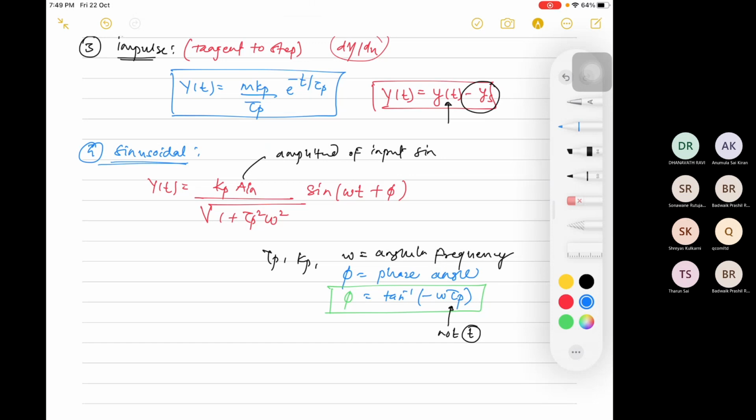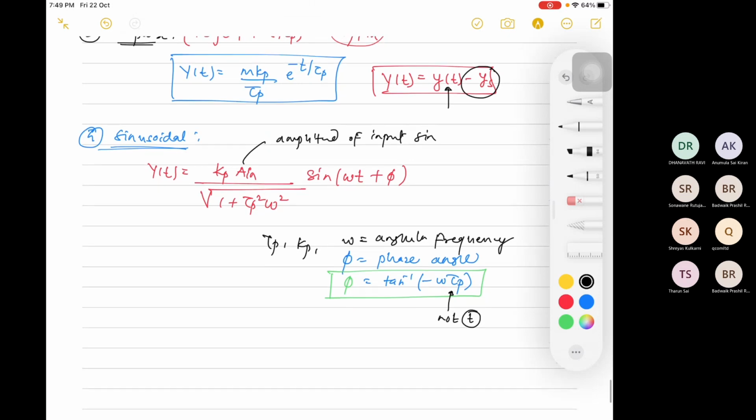Then this is done. Here one thing I wanted to tell you, I'll look into my notes. Phase angle, phase shift. Do you know what is the difference between phase angle and phase shift? This has been asked already in the GATE exam. Phase shift and phase angle. I'll first look here because I don't want to make any mistake.